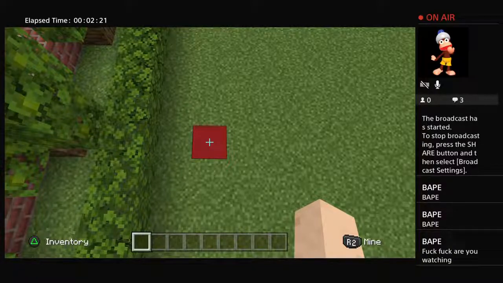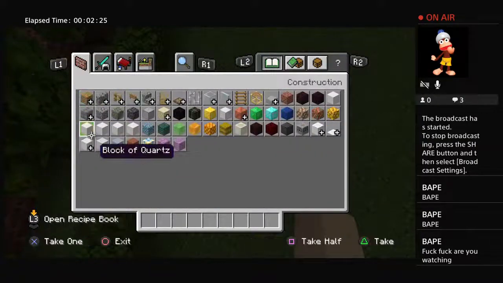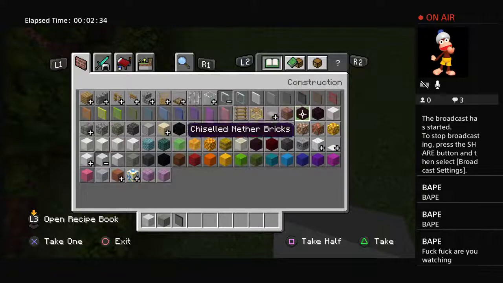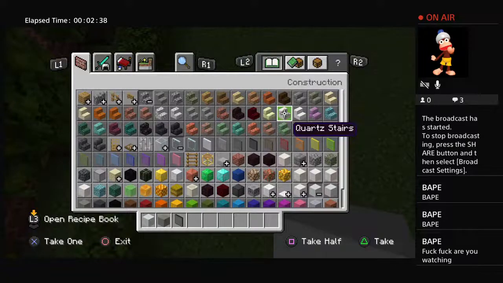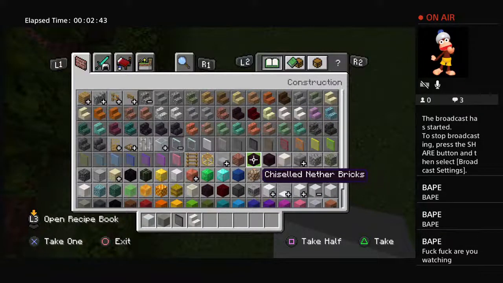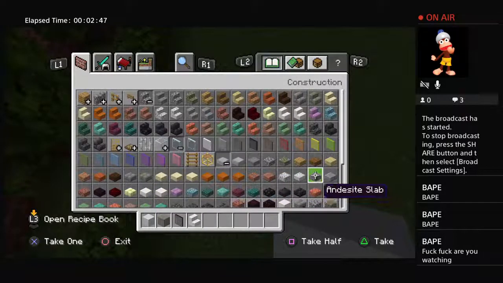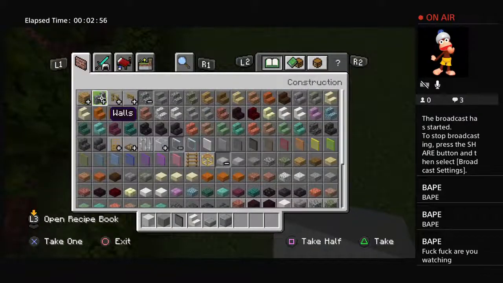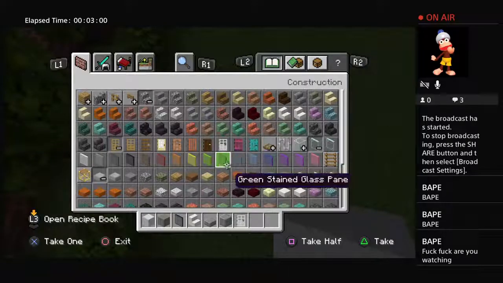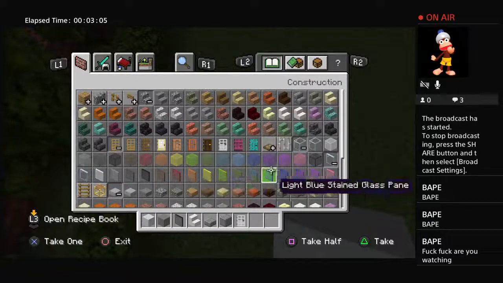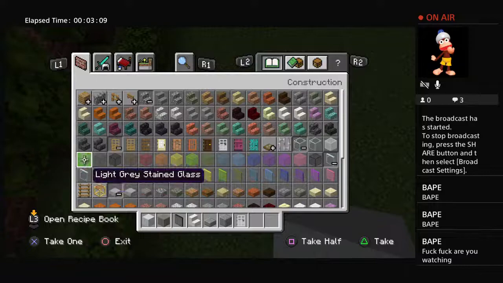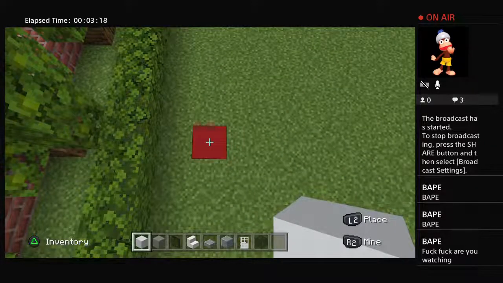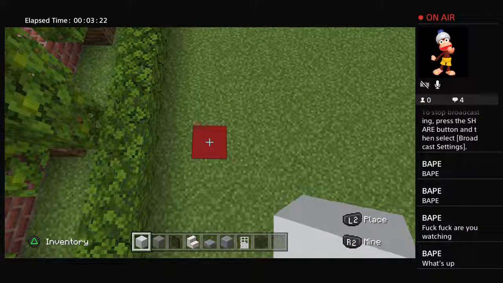Here are all of the materials that we will need to make our house. Please do make sure that you have access to all those materials and enough of them as well. Now that we have all of that stuff,